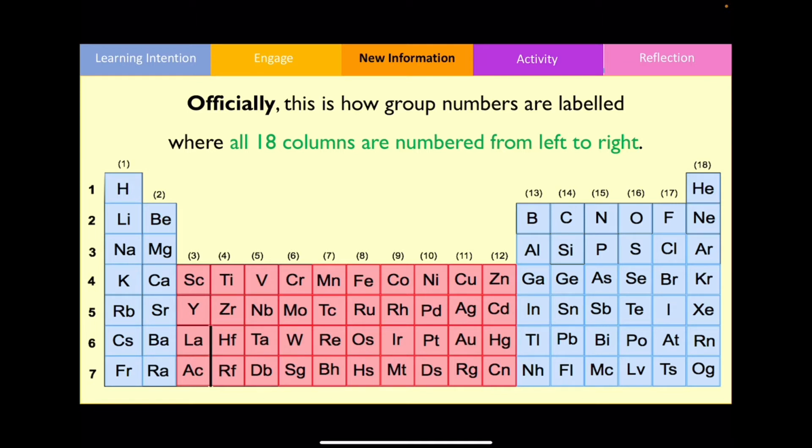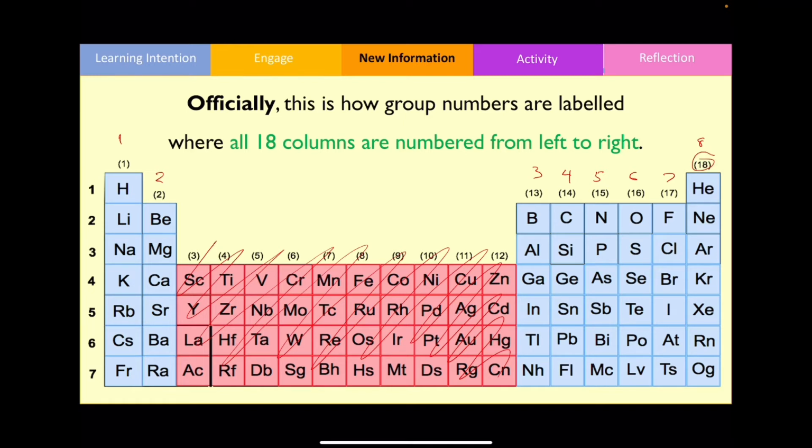However, when I get my students to learn how to number the group numbers on a periodic table, I often get my students to ignore all the elements in the center because these elements, firstly, behave very differently from all the other main group elements. So that's reason number one. If we do that, therefore we number the periodic table as 1, 2, 3, 4, 5, 6, 7, 8,